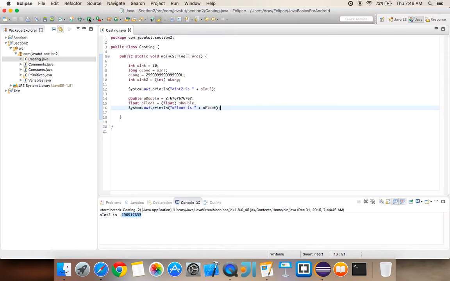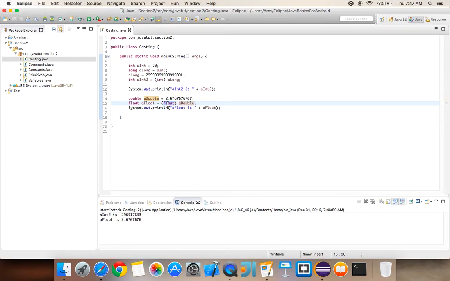Now let's run it. You see if float is 6767676. We have only 7 here when we had more than 7 decimal point numbers, right? So there is definitely truncation happening here also, but we know that we want to convert the double to a float, so we're trying to cast it by using this. So that's basically what casting is. You would cast when you go from a higher value to a lower value.